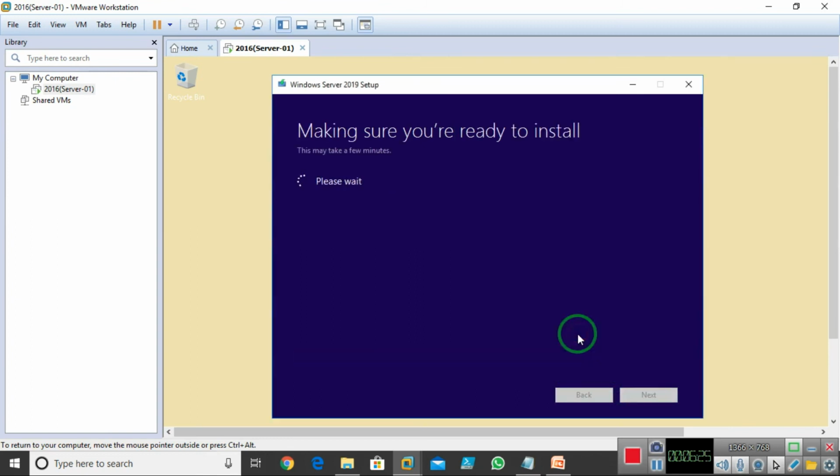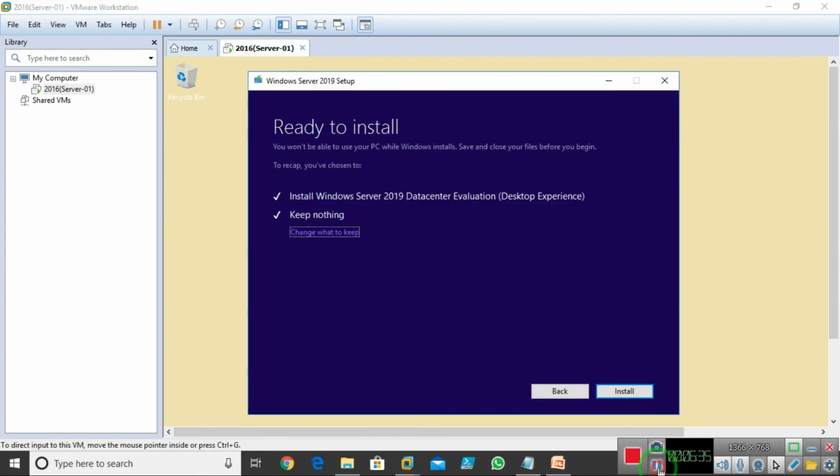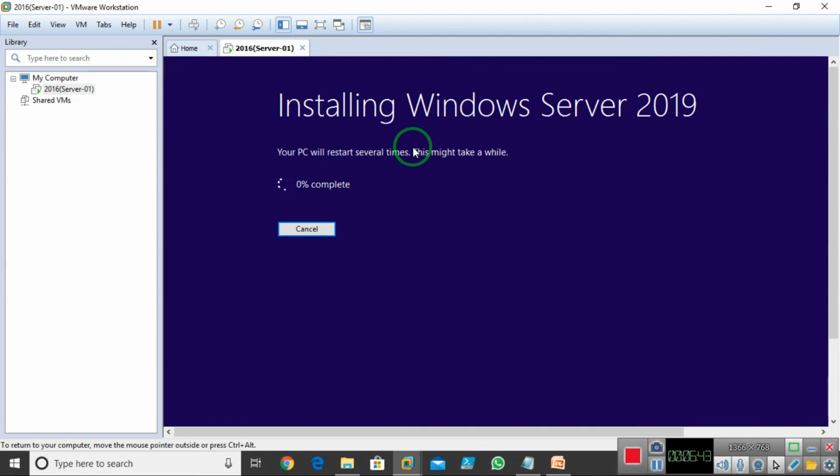Click yes. It's getting ready to install and checking everything. If everything is fine, it starts the installation. As you can see, it's ready to install and everything is fine. Just click install. Now it's installing Windows Server 2019, 0% complete.